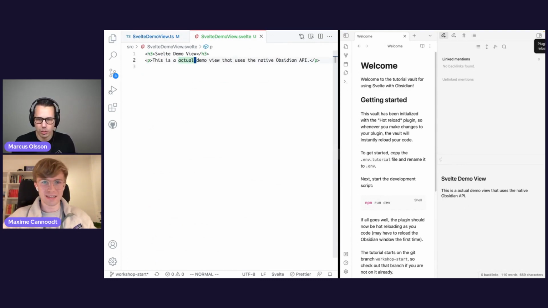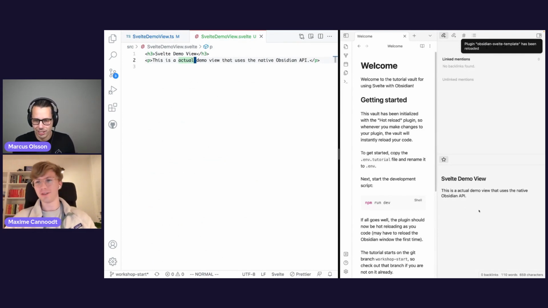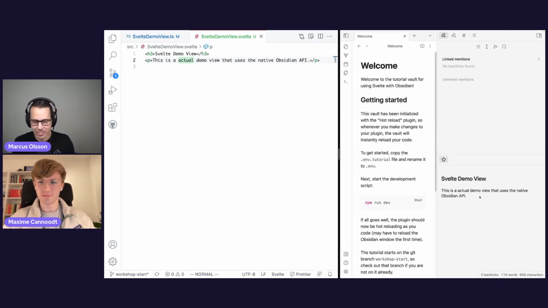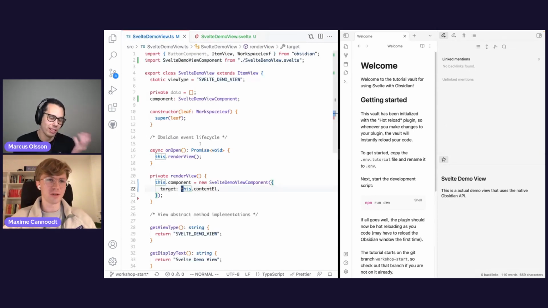Actual demo view. There you go. Your first Svelte component. Woohoo! Nice. That was not a lot of code, to be honest. No, compared to what we saw before the break. Yeah, I guess there's more going on in the previous one, but still,